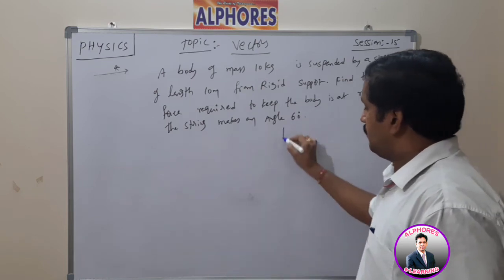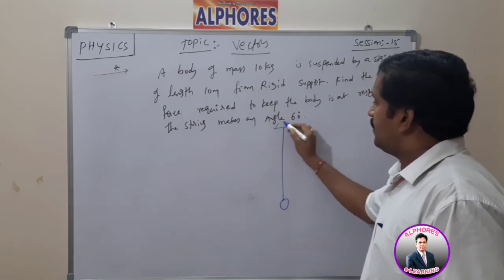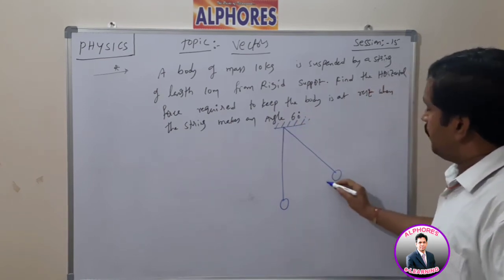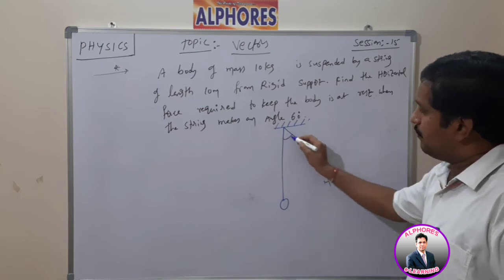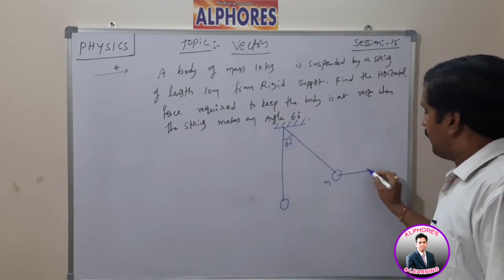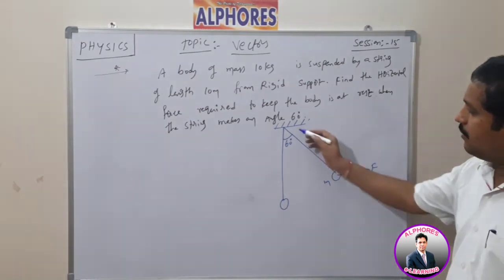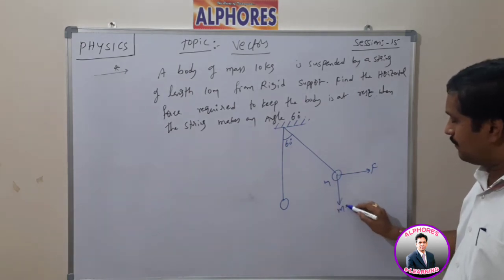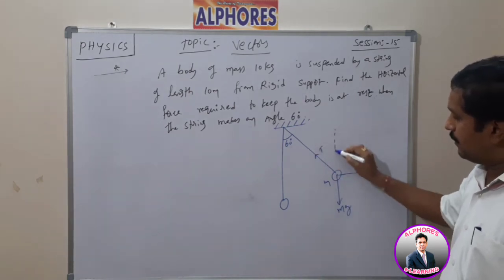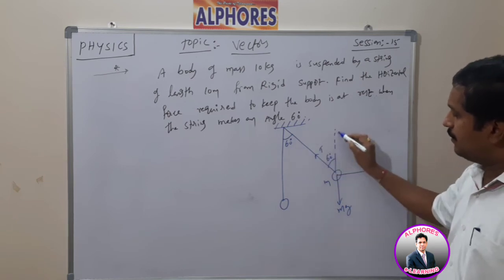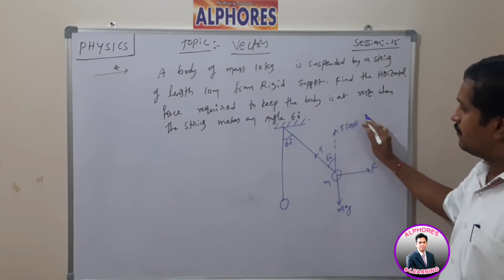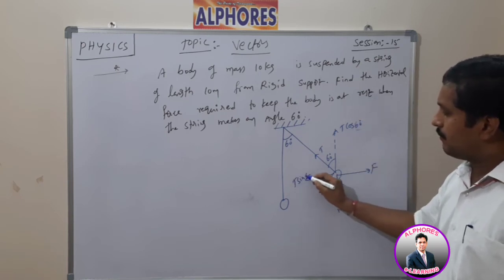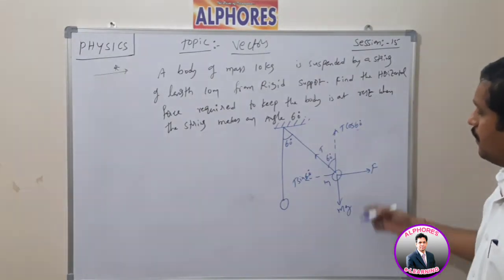What is the diagram here? As per the question, this is the body of mass M, which is suspended on rigid support. The length of the string is not required here. This body of mass M is displaced from the actual mean position by 60 degrees by the help of an external force. At an angular displacement of 60 degrees, the bob is at rest. What are the forces acting on it? Here mg. This is the tensile force. Again, as per the alternate angles, here also 60 degrees. That means this is T cos 60 and this is T sin 60.